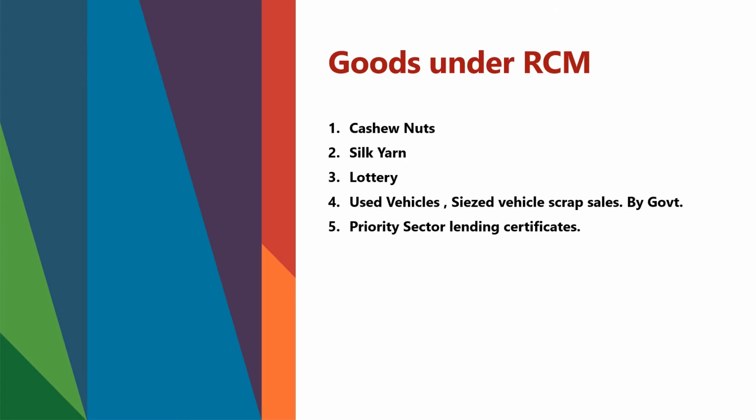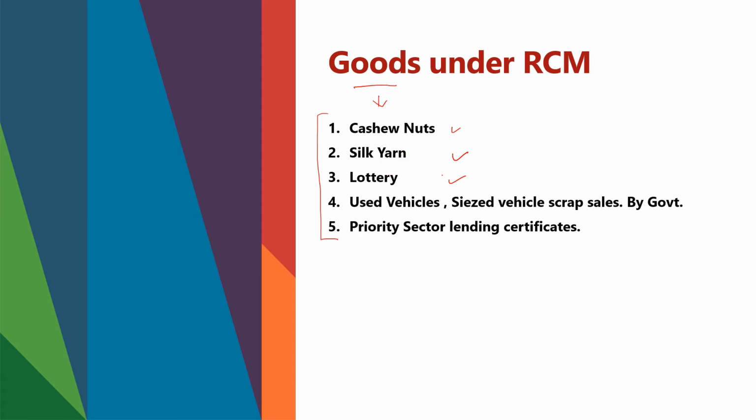So there are two types of things under RCM. One is goods and services, as the Goods and Services Act is essentially meant for. And the following are the only categories under goods. Only this much is notified at present. One is cashew nuts, silk yarn, lottery, and used vehicle, seized vehicle, scrap,